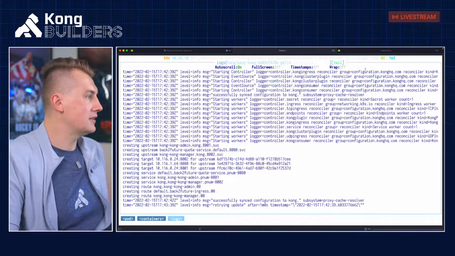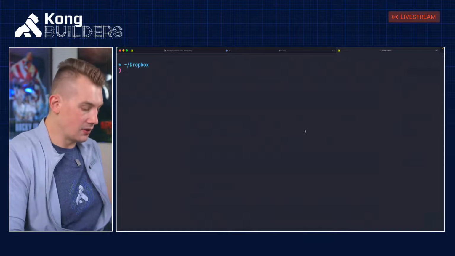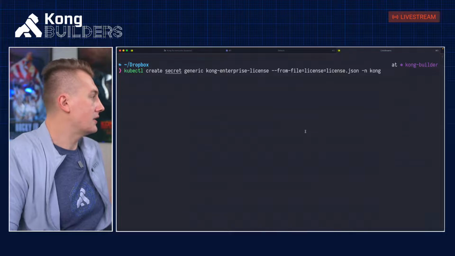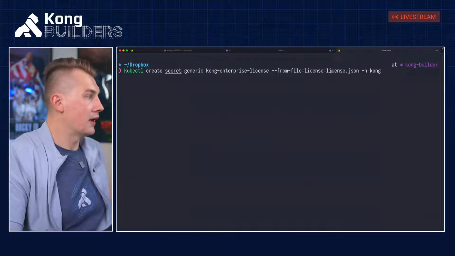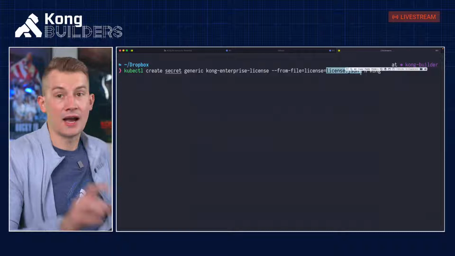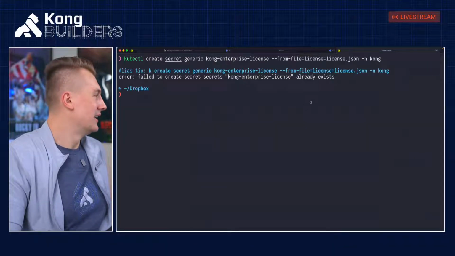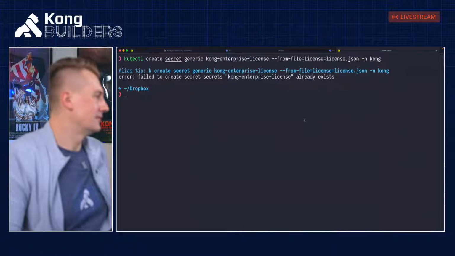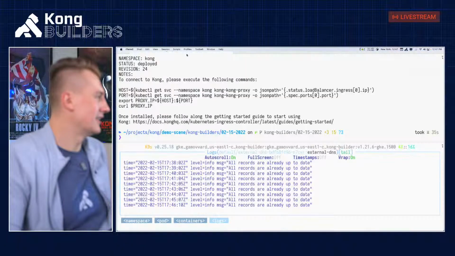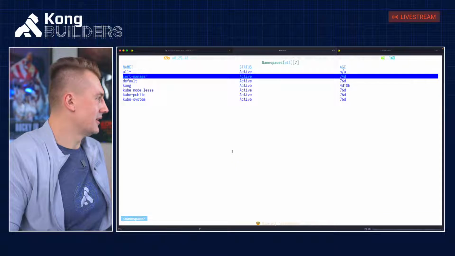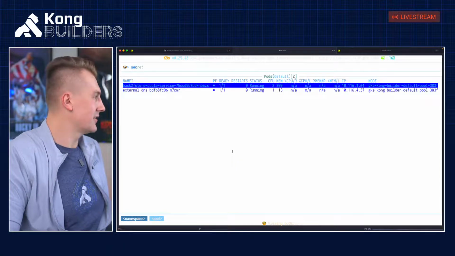So I already did that. I just need to create a secret. So I will create a secret from the file that includes my license. I'm not gonna show you this license today. Let's go into default and see secrets.